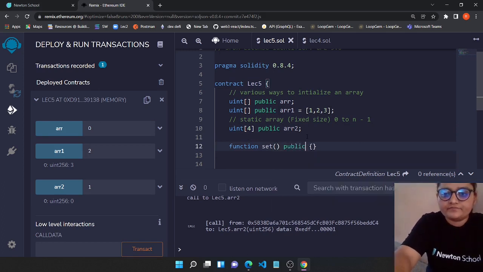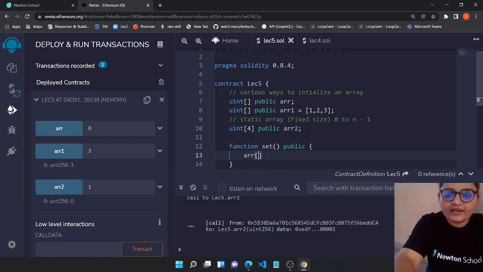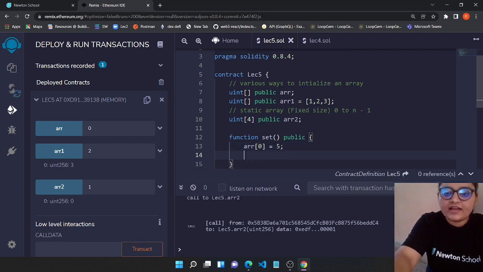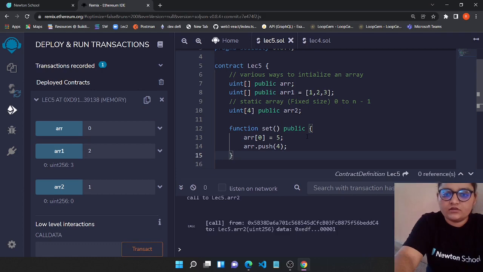And let's say that we want ARR 0 to be 5. So this is how we can give values to an array, and one way to give value is to use the push function. So let's push 4 in this particular array.